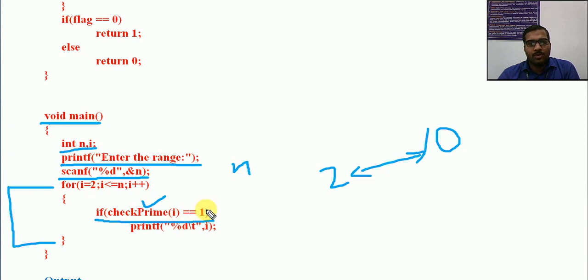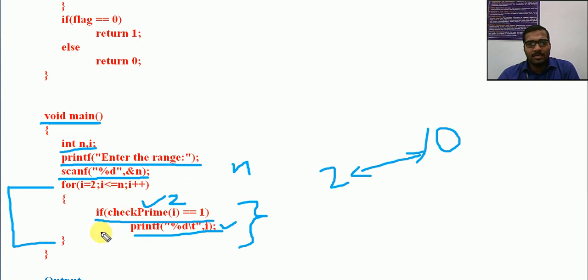If the check prime function returns the value 1, it will print that value, as that is a prime number. That means the first time 2 will be passed as the parameter of check prime, then 2 will be checked inside the body of check prime, and if that returns 1, it will print i here. This is happening in the main program.